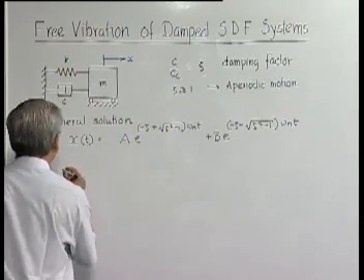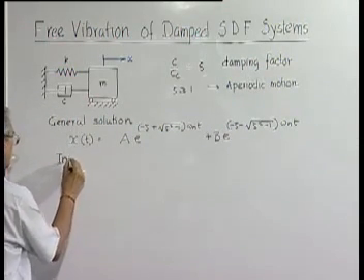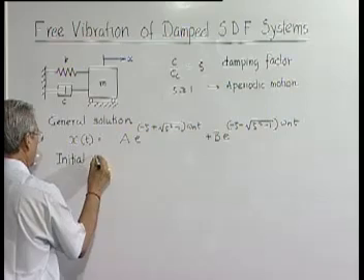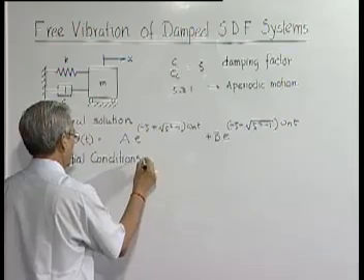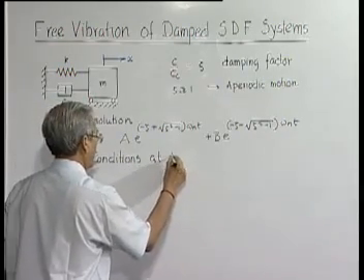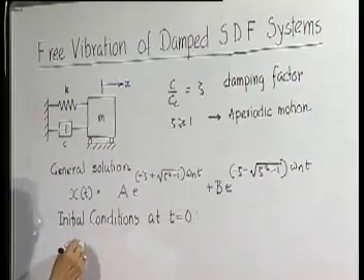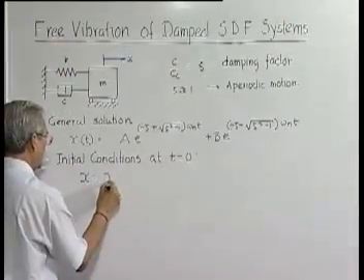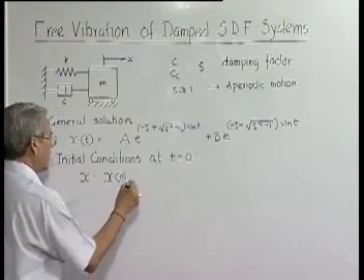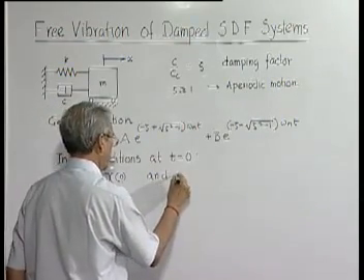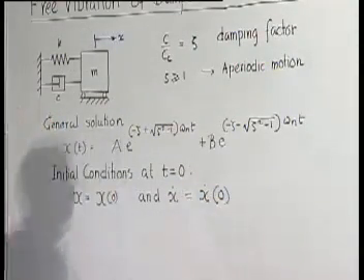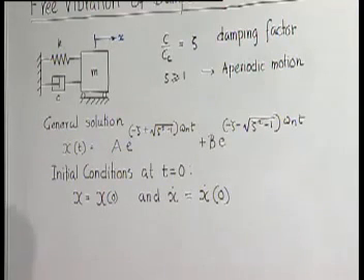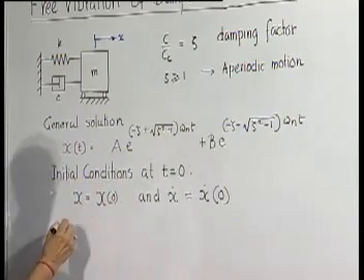Let us give the initial conditions like this: x is equal to x0 and x dot equal to x dot 0. Once these two quantities are given, the subsequent motion will be completely known. This is x, then x dot will be